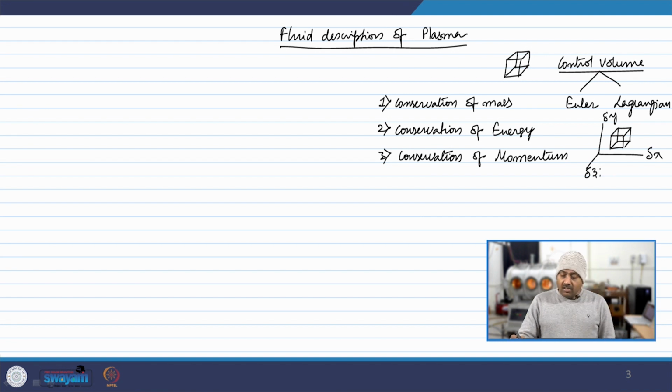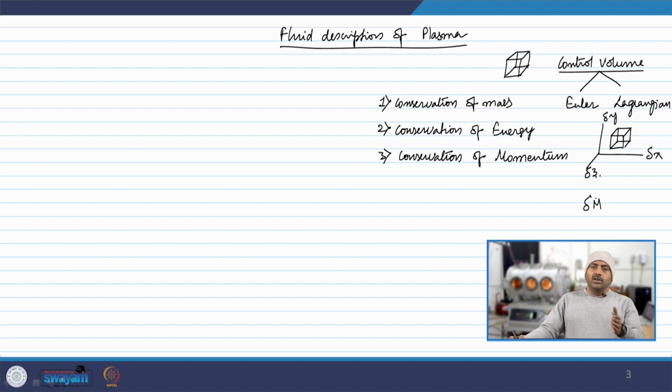So, in the Lagrangian control volume, on the contrary, the control volume itself is an infinitesimally small mass of particles, let us say delta m. You consider this delta m mass to be the control volume, and you see where this mass is going, how this mass is behaving with respect to time, and how the velocity of this mass behaves, everything related to this, right.